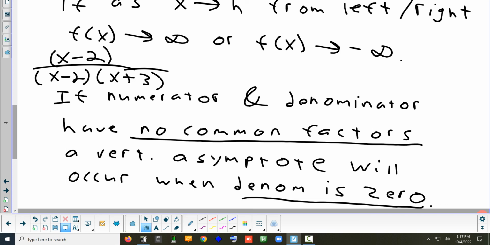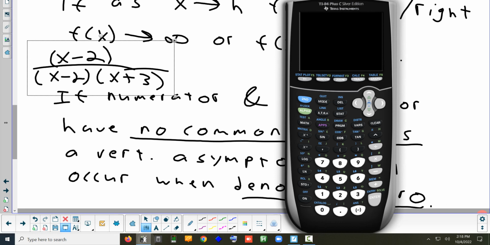If I asked you what the domain is, I would say it is all numbers except 2 and negative 3. You can't use either one of those numbers. But the only one that has a vertical asymptote in this problem is negative 3. Because you have a common factor between these two, what's going to happen if you draw something like that is